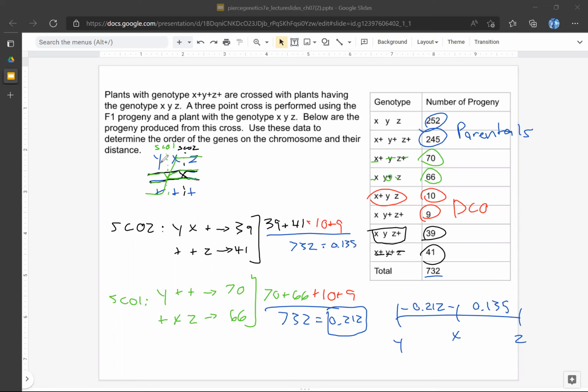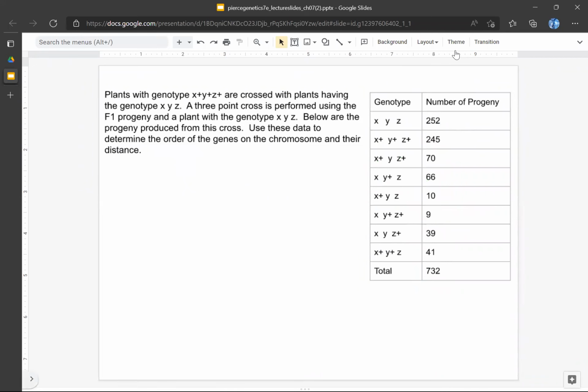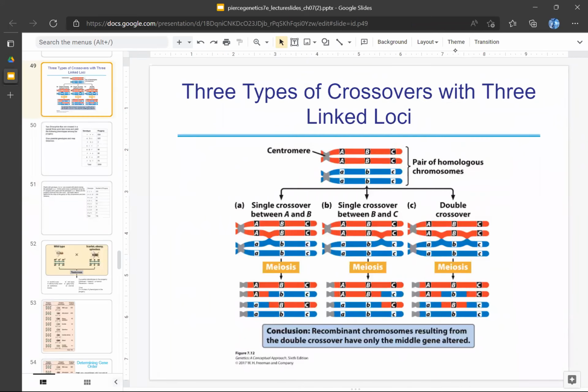We didn't talk about 3-point crosses from trans chromosomes in class, so I'm betting on not having to do trans 3-point crosses. What we've been doing are cis 3-point crosses, where, let me back up even to that. So this is in cis configuration because, let me bring out the pen and make it a color that we can see, because we have